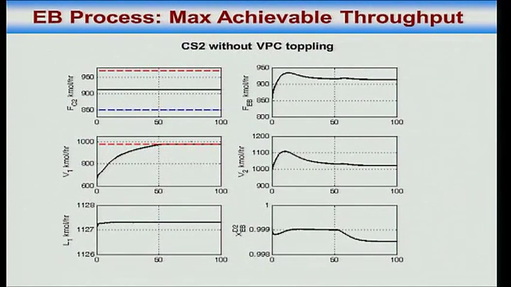Once V1 hits its maximum limit, I lose control of the product purity, because now benzene starts dropping down, and you see here my product purity has gone down. I wanted it here, it's not under control, it has gone down. It may have gone down by a very small amount, but it has gone down for good. I cannot back it up.